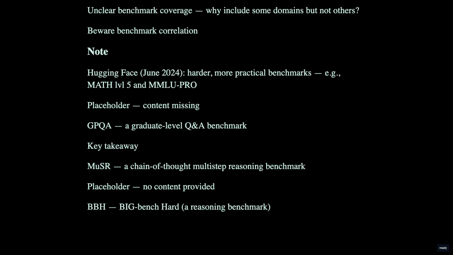BBH is a curated subset of the Big Bench tasks chosen for their difficulty, meant to stress test language models' reasoning and generalization. Researchers use BBH to evaluate abilities like multi-step inference, abstraction, and challenging counterfactual reasoning that simpler benchmarks